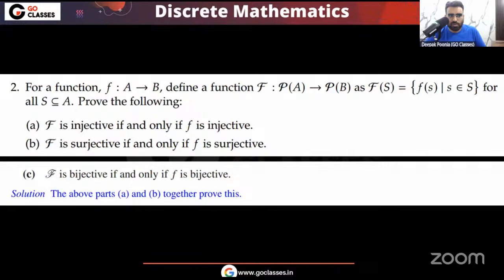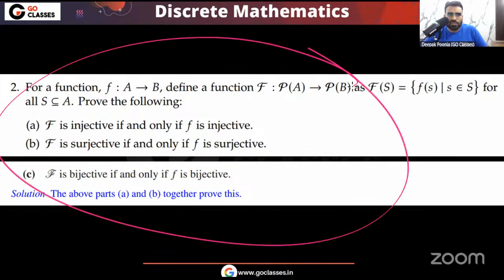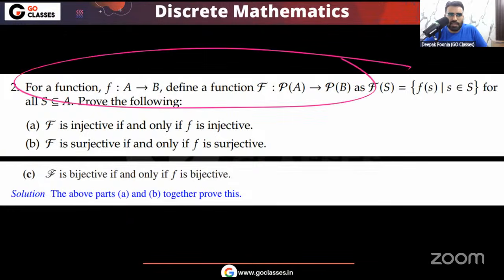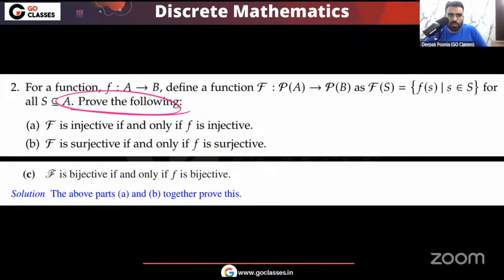You can see this was the question. This was the original question from the IIT Kharagpur. Basically, they are asking you to prove the following. Capital F is injective if and only if small f is injective. And part B is, we need to prove that capital F is surjective if and only if small f is surjective. And remember, once you have done these two,